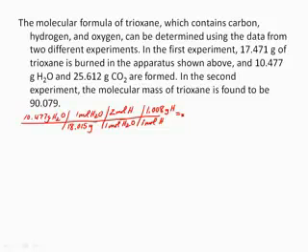10.477 divided by 18.015 times 2 times 1.008. And so that gives me 1.172 grams of hydrogen. Or the other way I could do it is I can use the percent composition of water. So I know that in water I have 2 hydrogens for every whole water. And if you calculate the percent composition, that comes out to be approximately